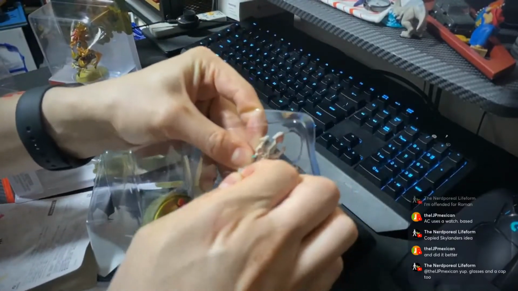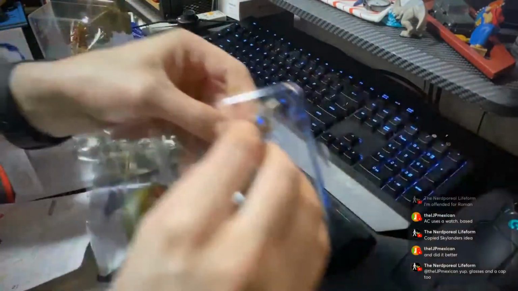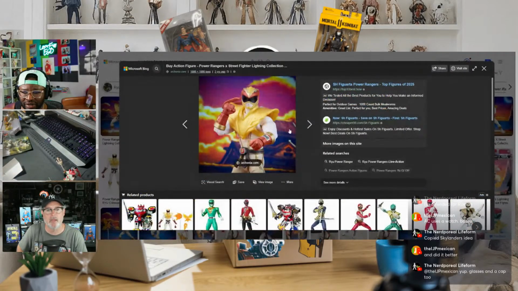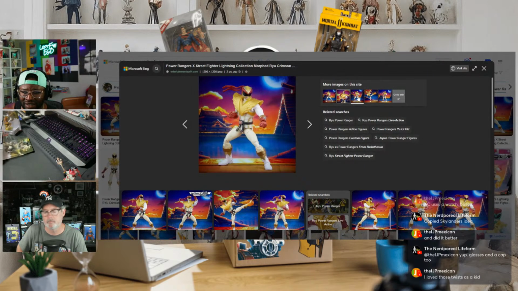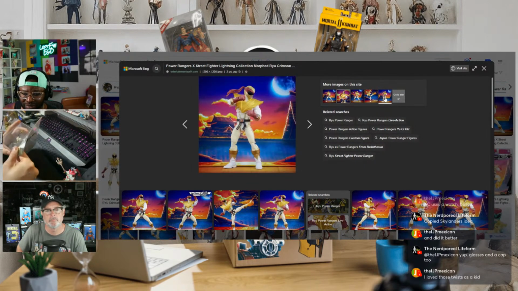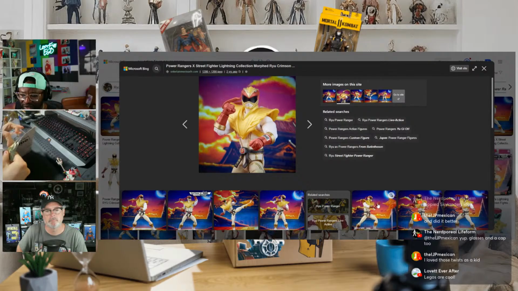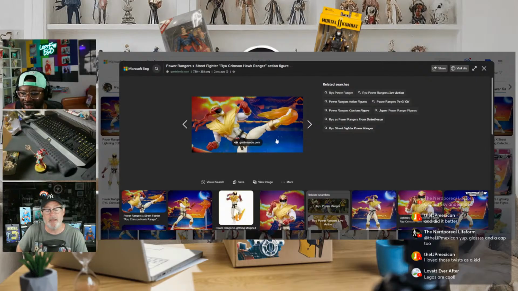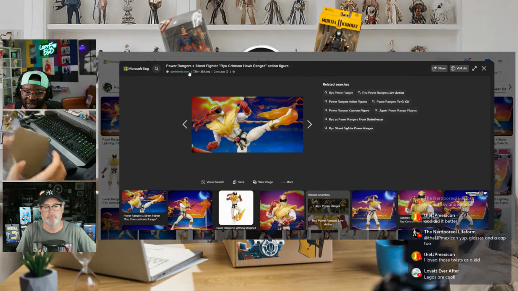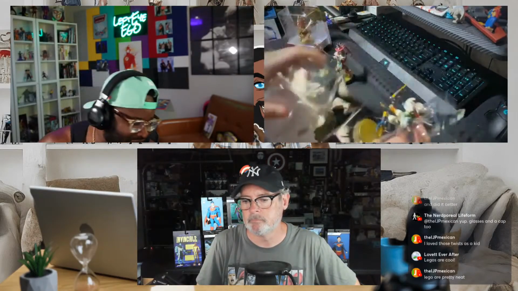While you work on that, I'm just going to show you guys real quick the Ryu one I found. The other action figure I wanted was Ryu as a Power Ranger, and this is what he looks like. White Ranger makes sense. It's again very, very posable, and it comes with its own Hadouken too. This one has both hand and foot versions, so you can do that. I'm going to have to get this one next, and it seems like it's worth $40.